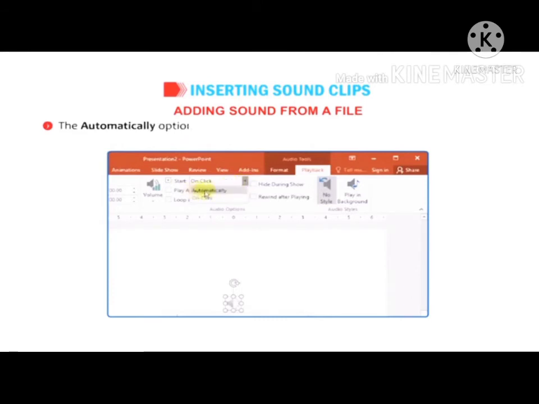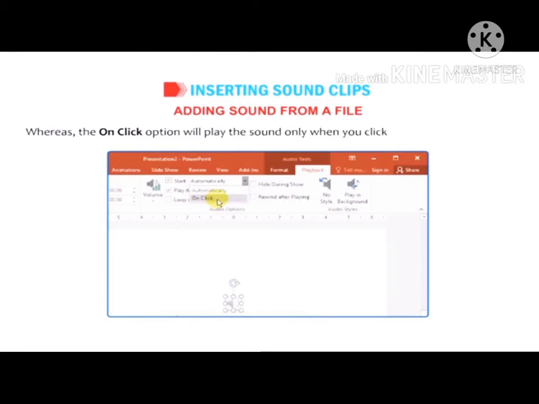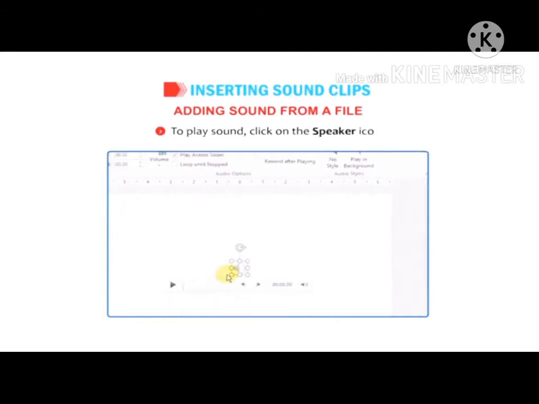The Automatically option will start the sound automatically as soon as the slide appears in slideshow view, whereas the On Click option will play the sound only when you click the left mouse button. To play sound, click on the speaker icon. The Play/Pause tab appears right below the speaker icon.